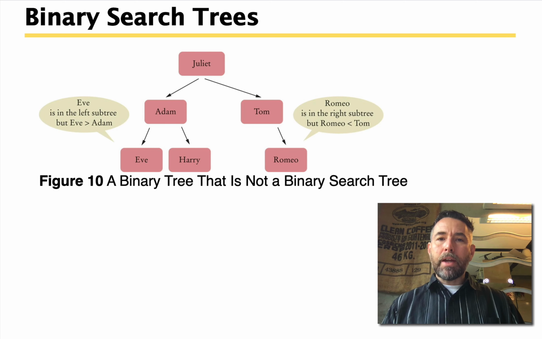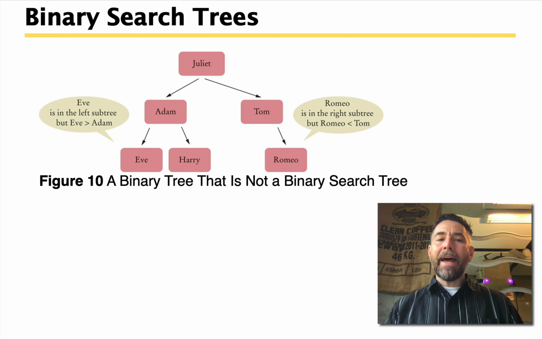Here's a binary tree that is not a binary search tree. It's a binary tree because all the elements in the tree have either a left child or a right child, 0, 1, or 2, and no more. But if you look at the binary search tree property and you look at the node,